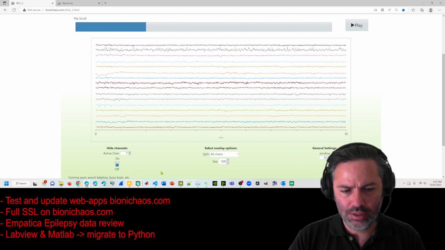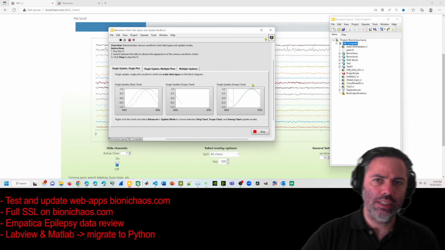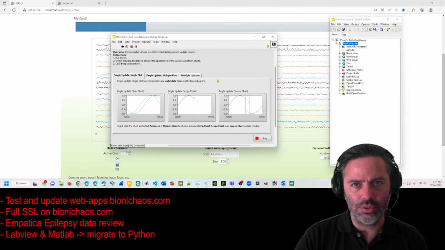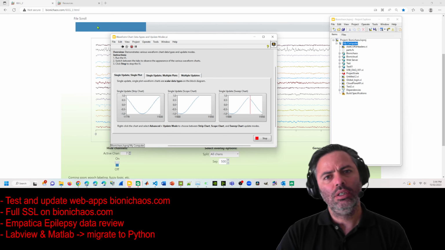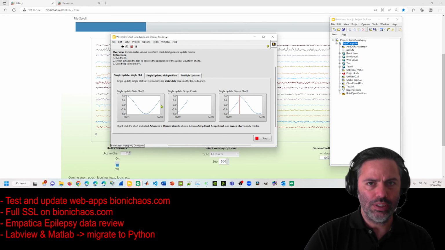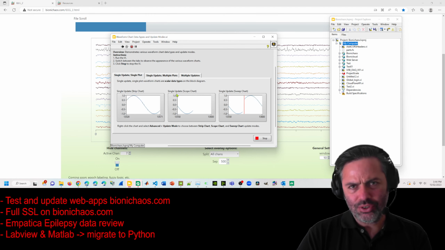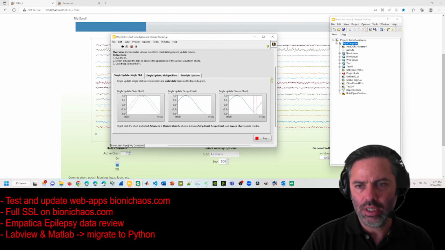So obviously, this thing that will refresh itself doesn't make any sense for a touchscreen. And I did see some commercial EEG review software, particularly Persyst, has an option to load the data on a touchscreen for clinicians to use. So obviously you will have something like this, like a strip chart single update, and you potentially have a scroll for the whole window, just sitting there behind, or something. That's actually, no, that's an odd way to do it. You should, yeah, scrolling will be like I have with keyboard shortcuts, or with the mouse wheel, where you can scroll back and forth, up and down, and so on and so forth.